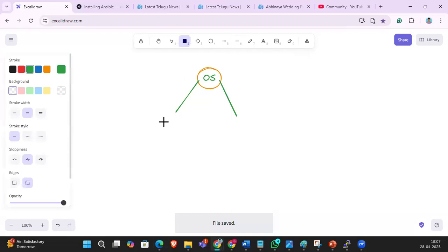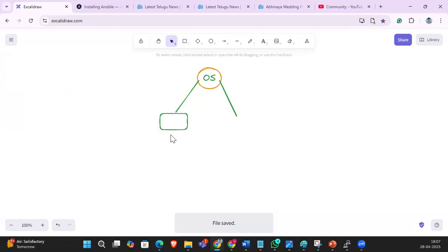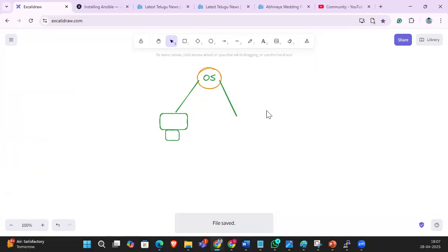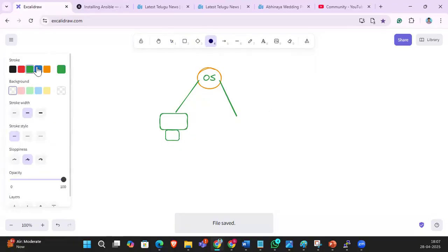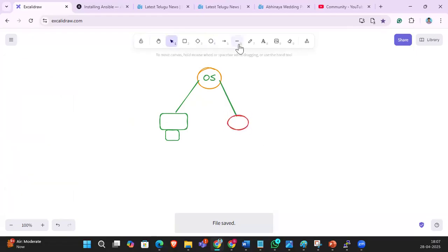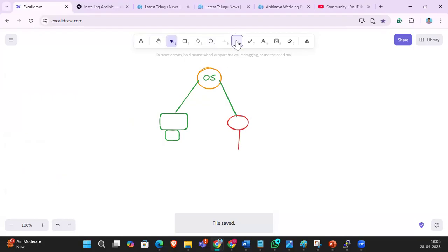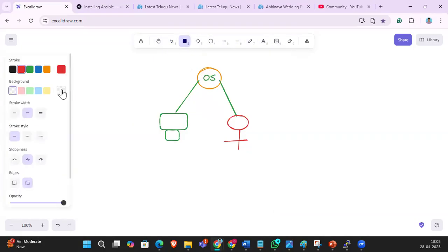So Ajay said like that, OS is nothing but a software which runs on hardware. Right? So what is this? This is the OS. Which laptops are you using, guys?